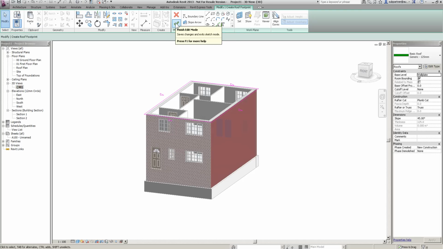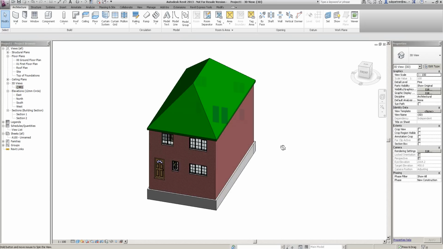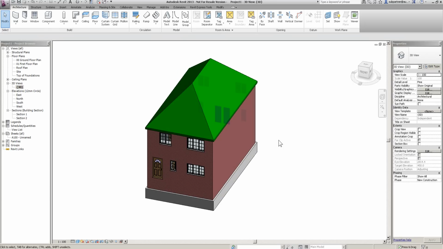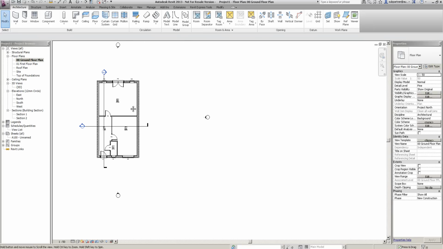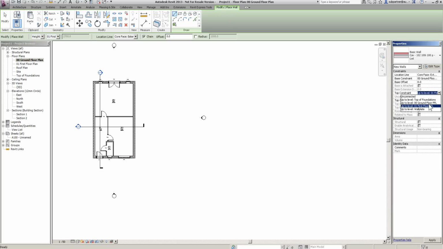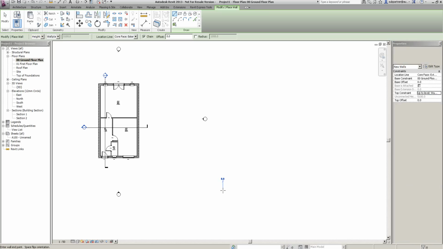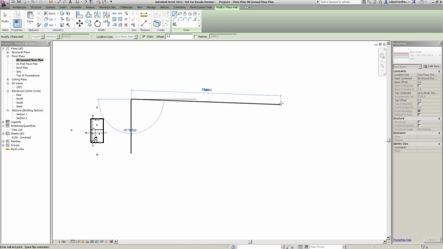Watch what happens when I finish it. Done. There we go. We've got a roof on there. I know it's a little bit ugly for now, but it just shows you how quick that roof can go on there. What I'm going to do, just as a little demonstration on the side of this, I'm just going to select this wall just here, go create similar, and then I'm going to change it up to my wall plate, and just over here I'm just going to draw something a little bit bigger, a little bit more complex in its